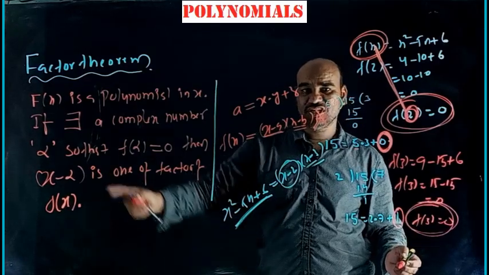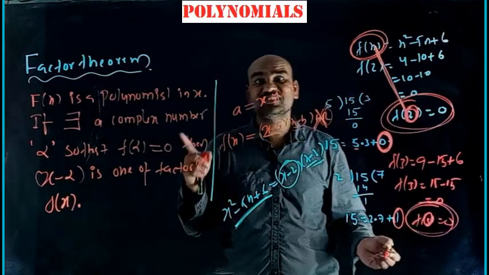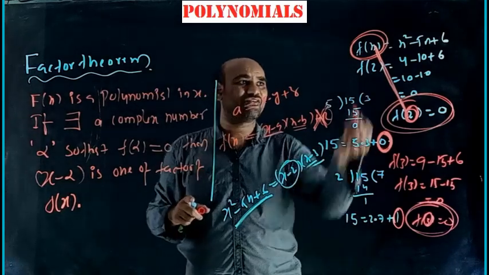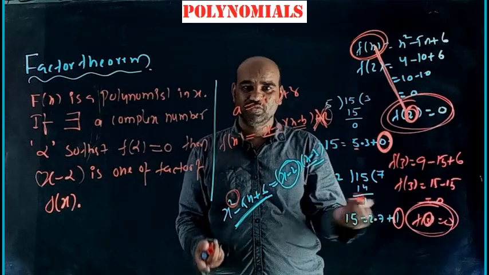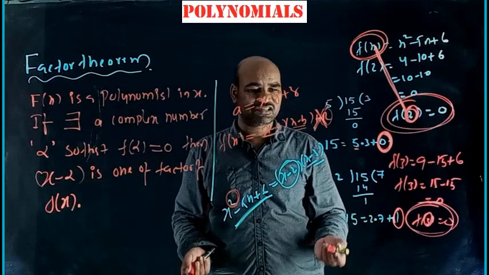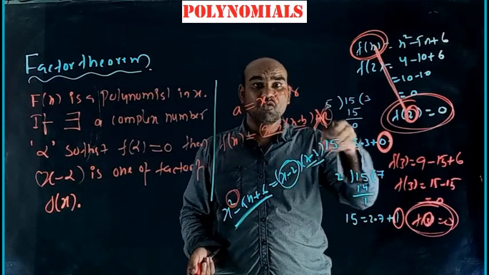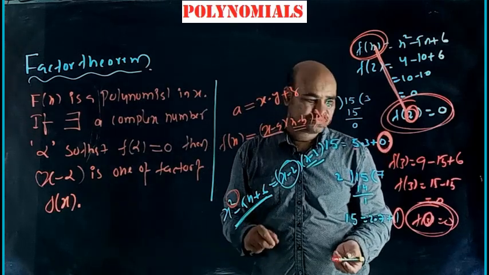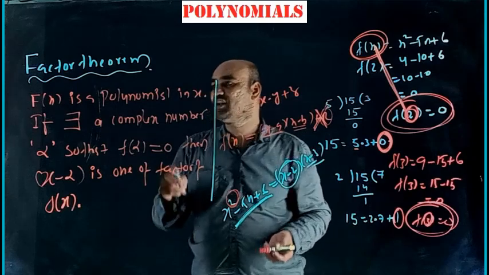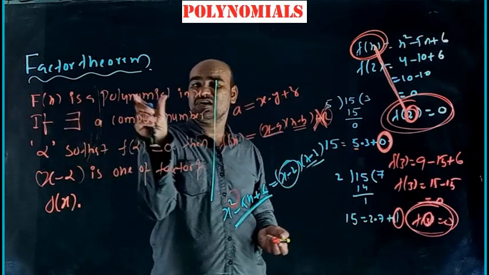According to the factor theorem, I can say that x minus 3 is one of the factors of f of x. Already x minus 3 is another factor. This is second degree, so there should be two linear factors. These are the two linear factors. No more factors exist which involve the variable x. Okay. So finally, observe here, the important thing is f of x is a polynomial in x.